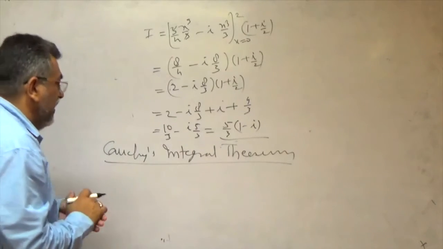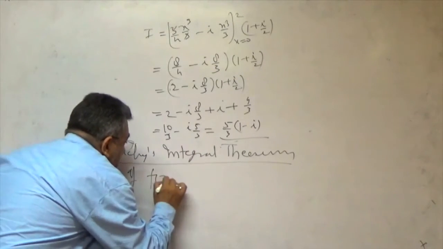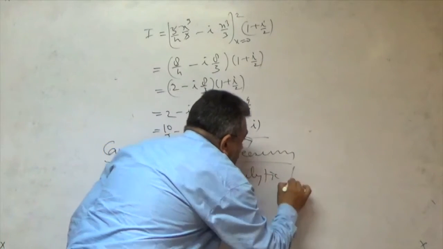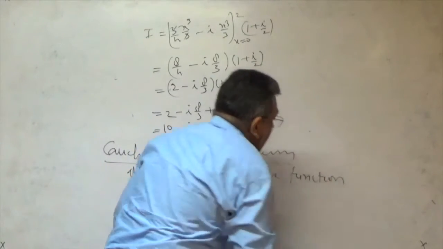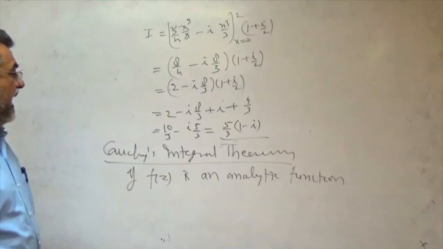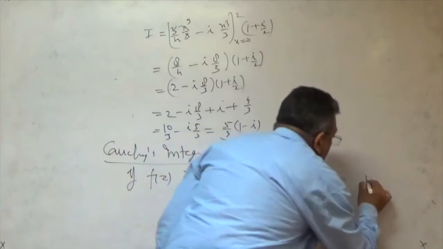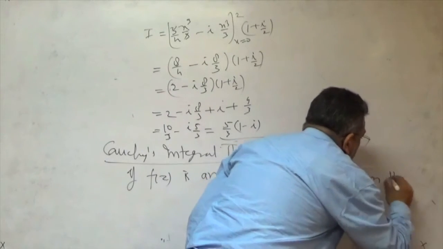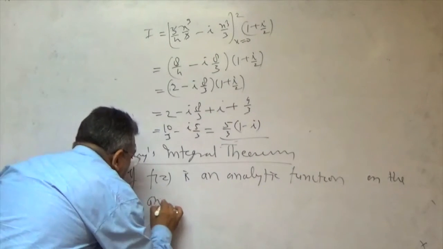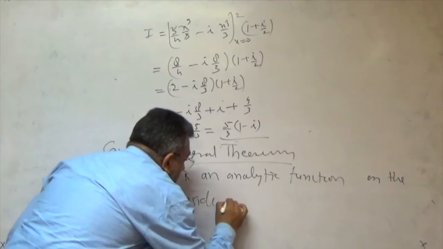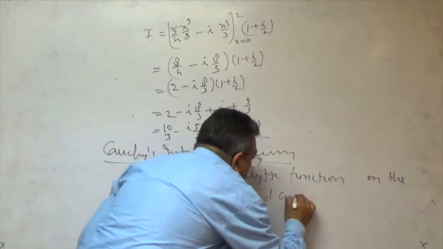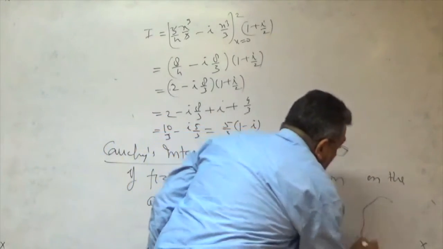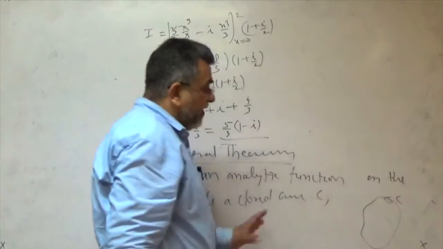So the statement is the only important part. The statement is: if f(z) is an analytic function on and inside a closed curve C. If the function is analytic, if we are taking a closed curve C like that, if the function is analytic on the